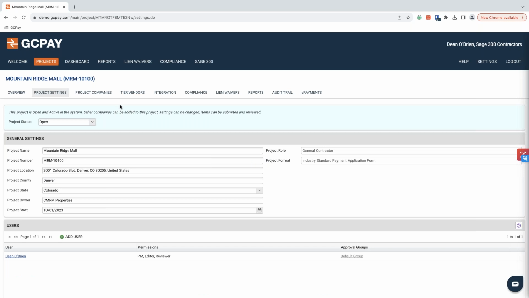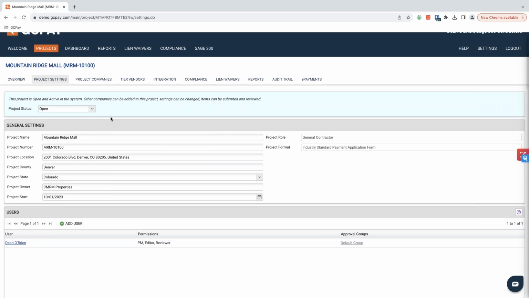Every time you create a new project within GCPay, there are default settings. So creating new projects, you will have most of your settings already set up, ready to go. Your onboarding manager, again, will help you customize your default settings so that setting up new projects is easy. From there, I can customize my projects at a one-off level if there's anything unique I need to tweak about